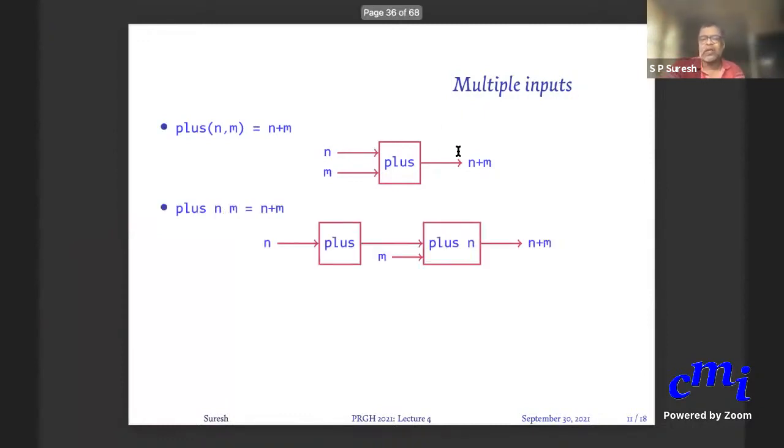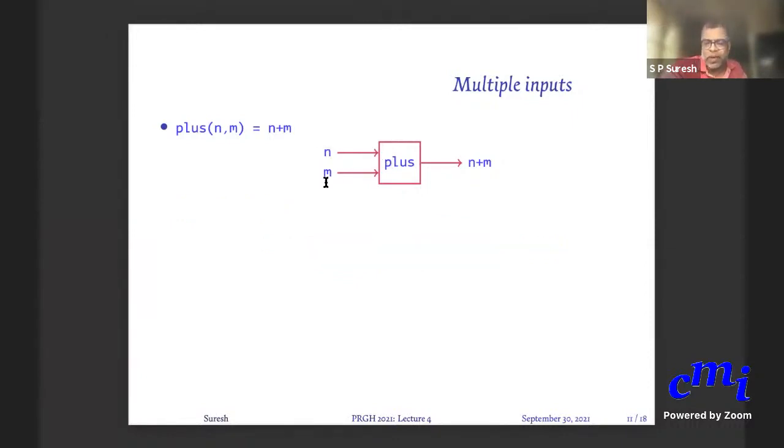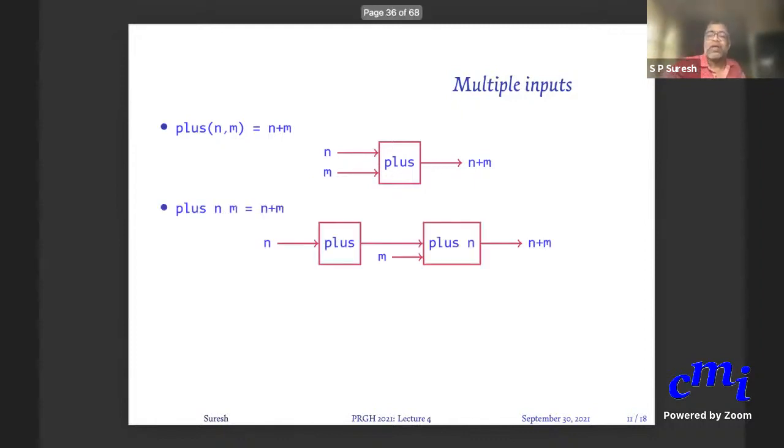Okay. Whereas plus n m means, so here the flexibility is that you can take multiple arguments as inputs, but all the arguments should be basic values like numbers, characters, or whatever. The outputs are also basic values like numbers, characters. Here you have to take only 1 input at a time. So plus will take n as input. That's all, nothing else. But it will output a function. Okay, plus n is the function that it outputs. It has fixed one of the arguments of the plus, and it is expecting another argument. So this m can be supplied to that, and the result that you will get will be n plus m.